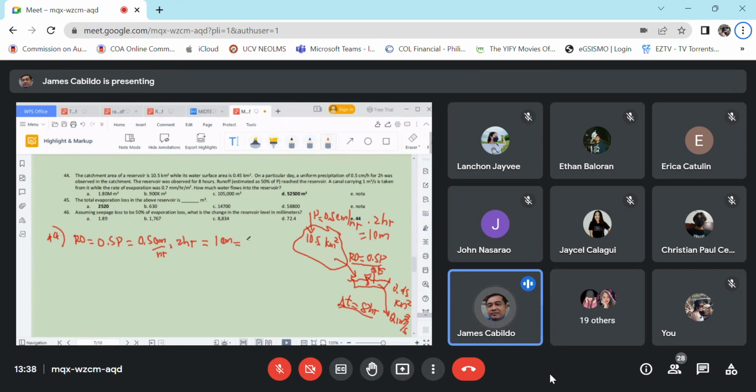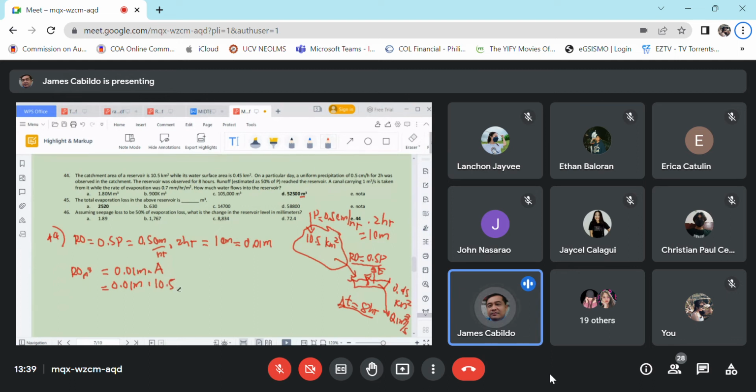So, this is already 0.01 meter. So, meter na. Ang kailangan kasi natin, hinahanap natin, is cubic meters. So, i-multiply natin yung area. Tama? So, the runoff in cubic meters is equivalent to 0.01 meter multiplied by the area. Okay? So, 0.01 meter multiplied by 10.5